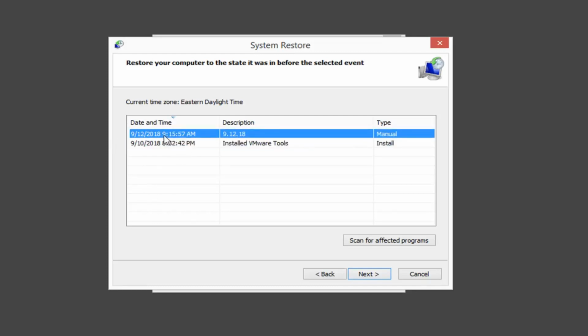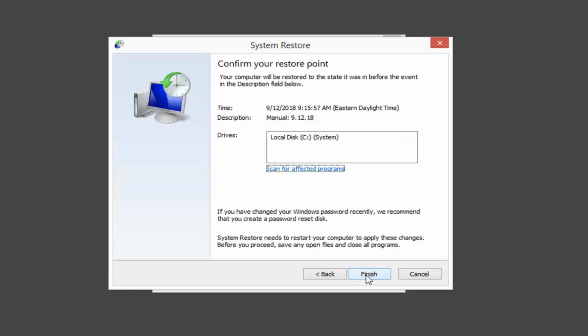So for the purpose of this video, I'm going to restore back to the most recently created one, and that's usually advised. Hopefully if you do create manual restore points, you give a decent description. So maybe instead of just putting the date here, you'd put install this, uninstall that, something that would give you an indication as to what was going on in this time period. And you get a little timestamp on the left side anyway. So I'm going to just select the most recently created one, and then I'm going to left click on next.